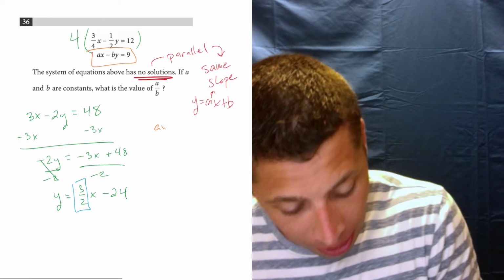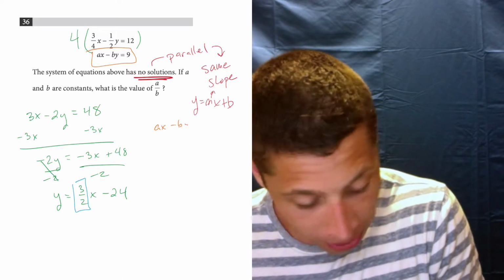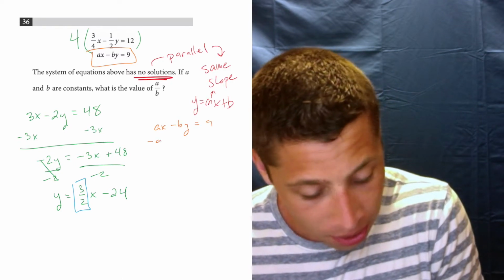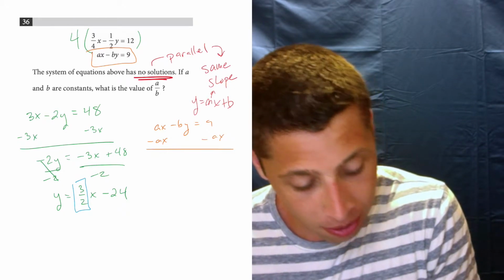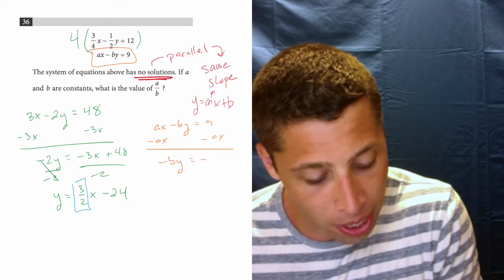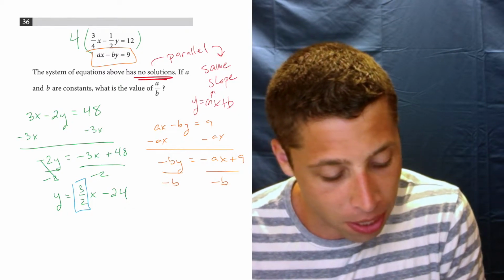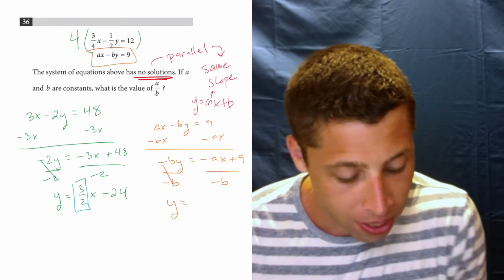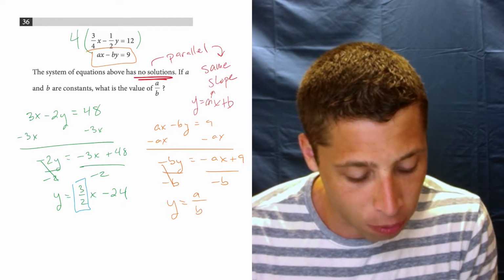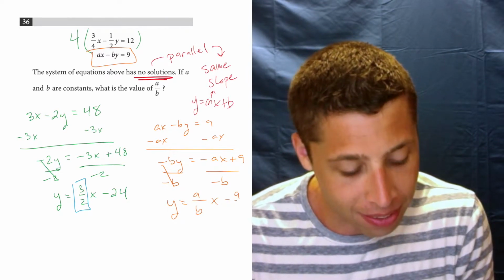So ax minus by is equal to 9. I'm going to subtract ax. I'm going to get negative by is equal to negative ax plus 9, and then I divide by negative b to get y by itself, and I have y is equal to a over b x minus 9 over b,